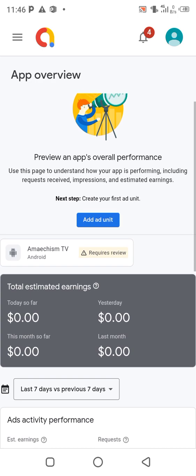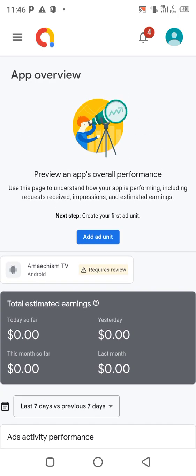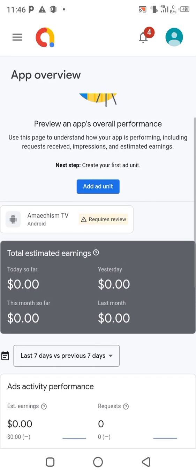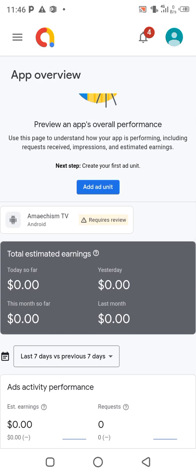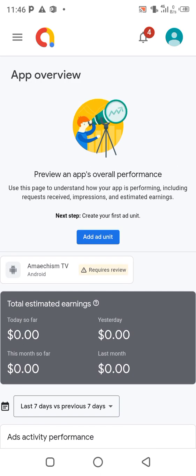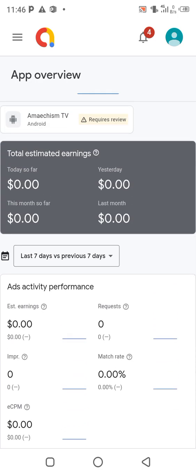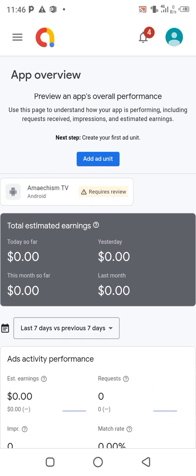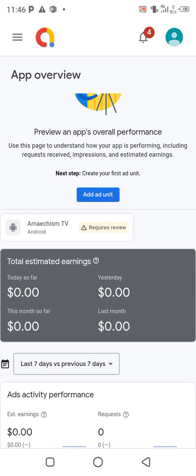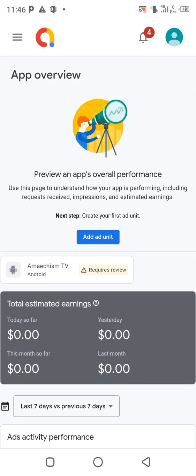This is a continuation of our previous video, which was a step-by-step on how to set up a Google AdMob account. Like I promised earlier, our next video will be how to add ad units so that you will start making enough money from your hard work and applications from Google. Now, to create ad units,